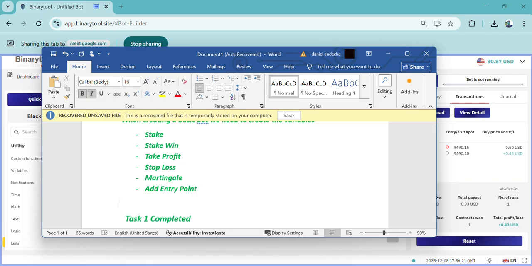We have a place by the name purchase condition, and we have another by the name restart. So the purchase condition is going to show